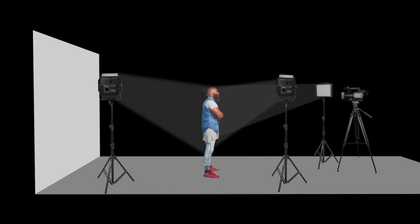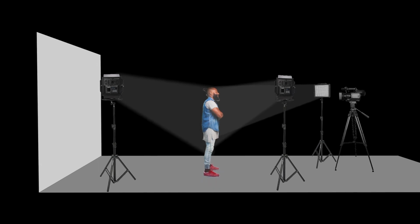dialed down lower depending on how moody you want your shot to look. And the third light in a traditional 3-point light setup is the hair light. This lights the person's head and shoulders and really helps them pop off the background. So that's the traditional configuration of a 3-point light setup, but you can make modifications to that if you need